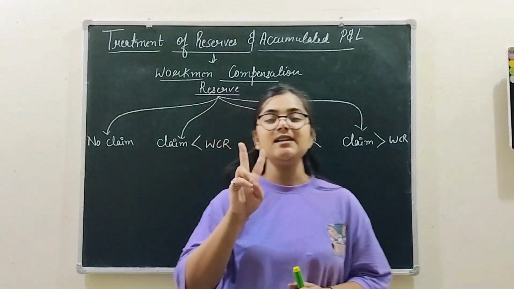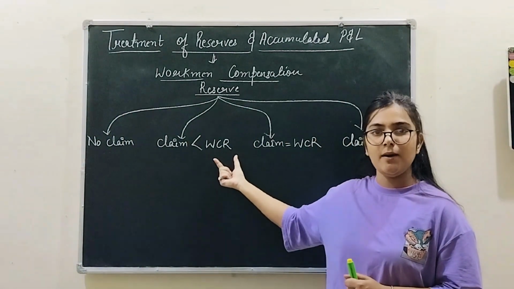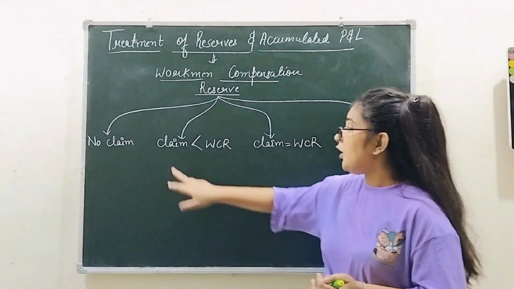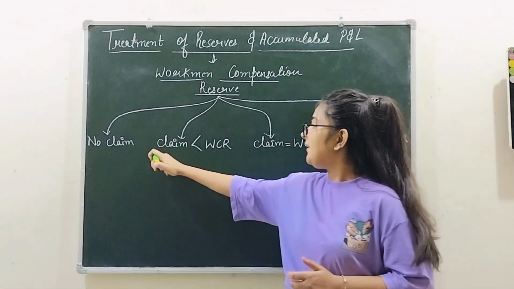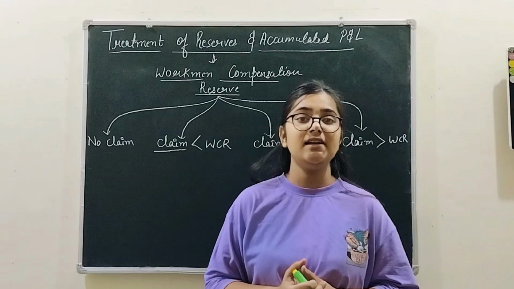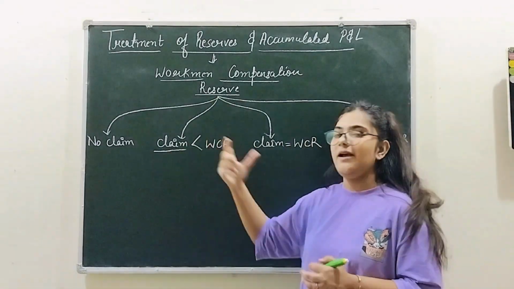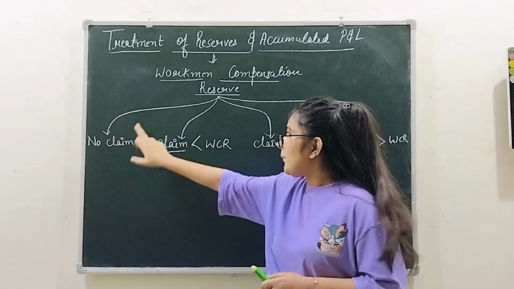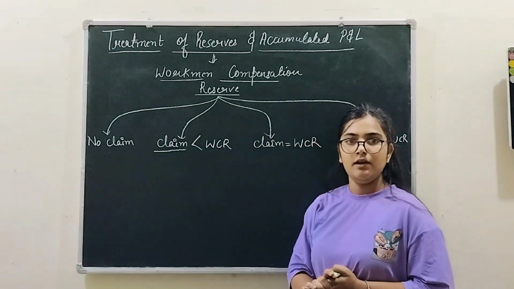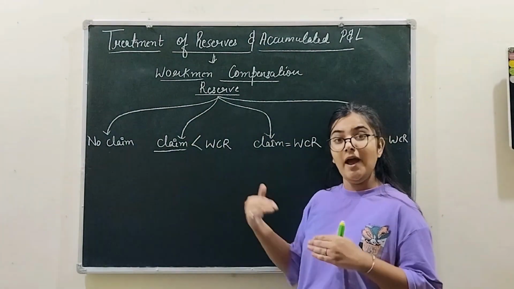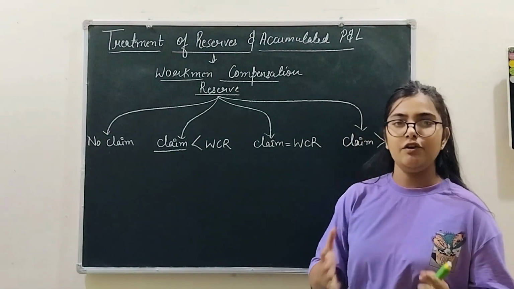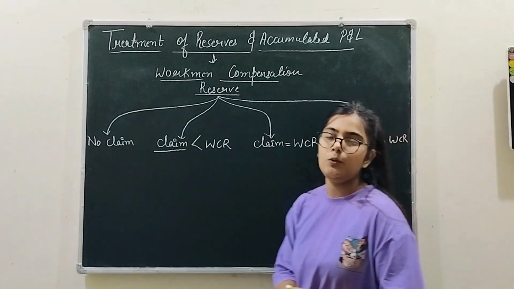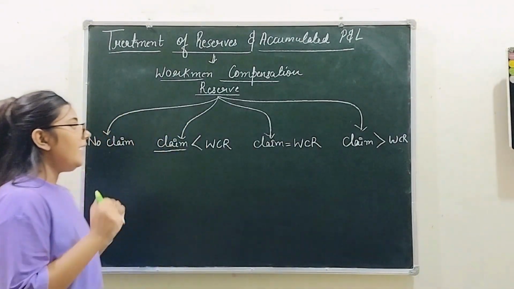Now understand, here we are discussing two things. सबसे पहले तो आपको वर्कमेन कंपेंसेशन रिजर्व, ये जो आपका रिजर्व है ये आपकी बैलेंस शीट में लायबिलिटी वाली साइड अपीयर करेगा, ठीक है. Now the second thing that we are talking about here is your claim. अब ये क्लेम क्या है? क्लेम का बेसिकली मतलब है कि आपके पास रिजर्व था, इतने पैसे की जरूरत पड़ गई, मतलब इतना आपको रिजर्व देना है, ठीक है. तो सबसे पहली कंडीशन है जब आपका जो वर्कमेन कंपेंसेशन है उसका कोई भी क्लेम नहीं है, ठीक है. दूसरी कंडीशन है जो क्लेम है तो लेकिन वो किससे कम है? आपके वर्कमेन कंपेंसेशन रिजर्व से. Your third situation is when it is equal to your workmen compensation reserve, and your fourth is going to be when it is more than your workmen compensation reserve, right?